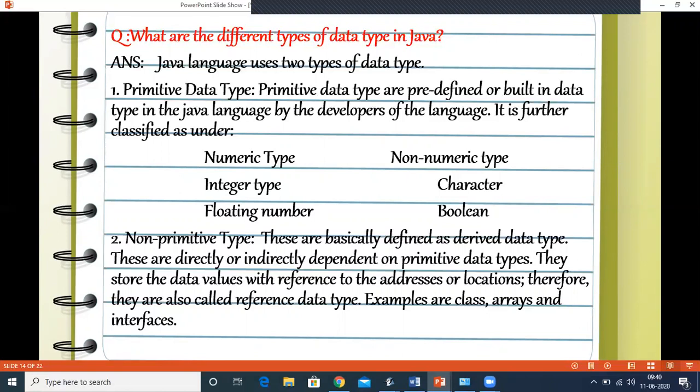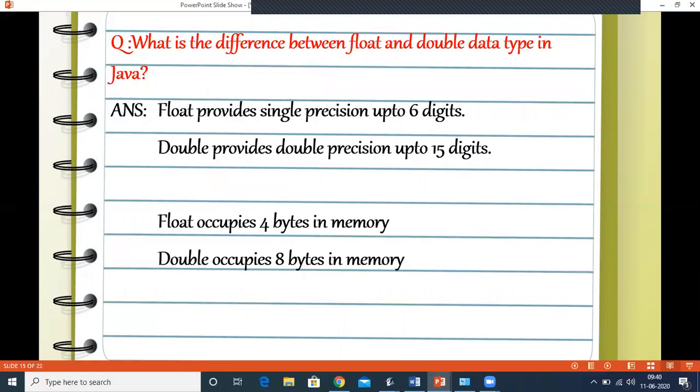These are referred to with the help of a reference to the address or location, whereas with primitive data types the values are used directly, and in non-primitive data types the references are used where the values are stored. Now this can be one of the questions.